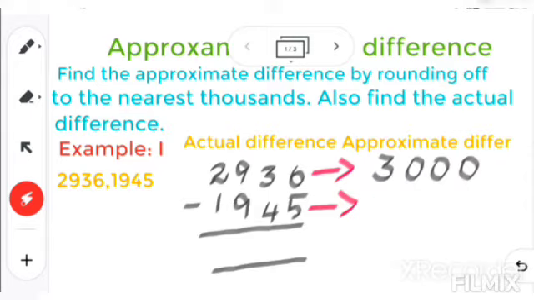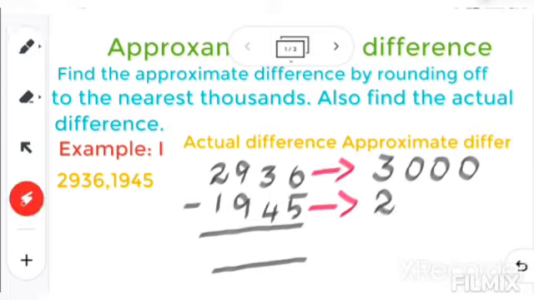Now next we have to see the next number. So here you observe the number first in the thousands place. Here 1 is there. Then now look at the number on the right side. On the right side what number is there? 9. Since 9 is bigger than 5, you will add 1 in the thousands place. So in the thousands place here 1 is there. So if you add 1, it will be 2. So now the number in the thousands place will be 2. So here it was 1, and after rounding off, it is becoming 2.